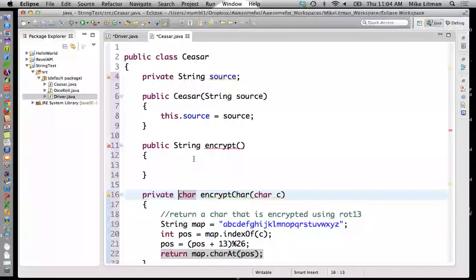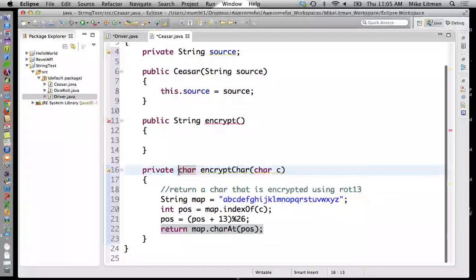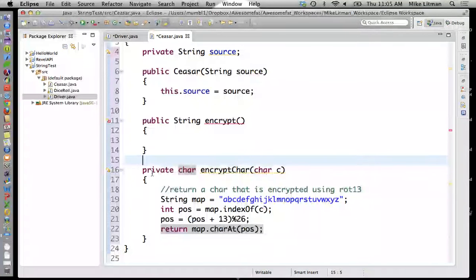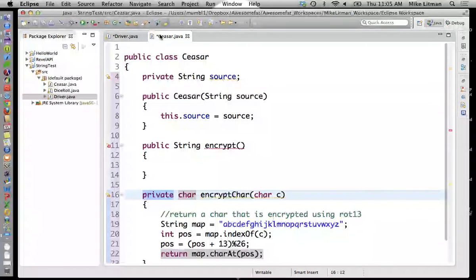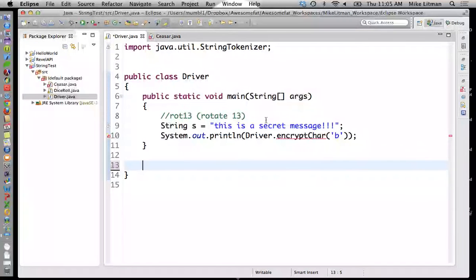Private means a method or member, so fields, constructors, or methods, are only available inside the class they were defined. So private means I can only access this if I'm inside the Caesar class. Okay? So I have this method we just wrote and tested. I converted it to an instance method by taking static off, and I also made it private, so I can only access it inside of Caesar, which then means that if I'm out here in driver